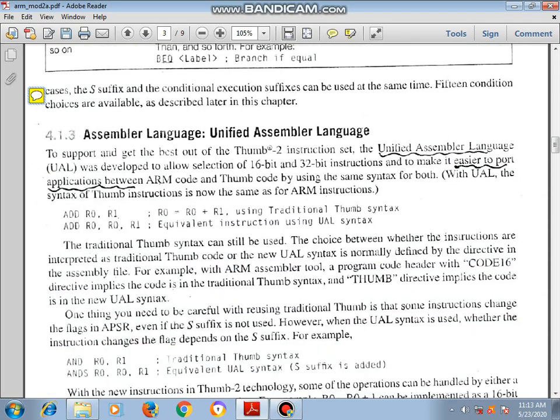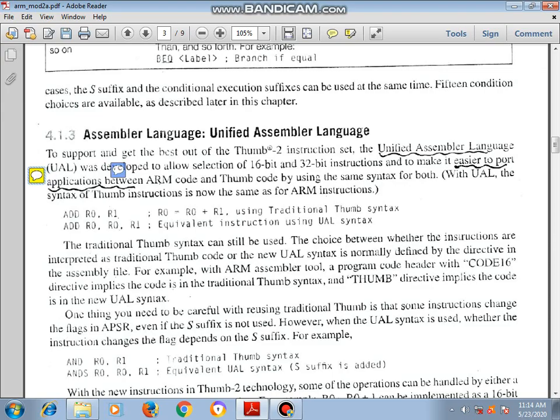Next we'll go with the assembly language that is nothing but unified assembly language. Sometimes we need to switch between 32-bit instruction and 16-bit instruction. Sometimes we need to switch between ARM code and Thumb code. To do this operation, we can go for unified assembly language. To support and get the best out of Thumb-2 instructions, unified assembly language was developed to allow selection of 16-bit and 32-bit instructions.